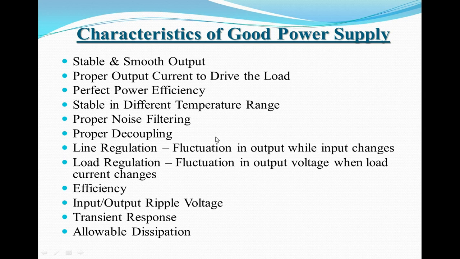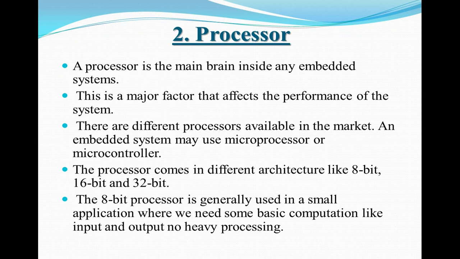The next we are going to see is the proper output current to drive the load. Now each and every supply or each and every component whatever you are using, for example, if you are going to use a transformer over here, 230 volt AC, what output you are going to get at the transformer? The same output should be given to the bridge rectifier over here. Unless and until the constant output you are going to get from the transformer, the bridge rectifier is not going to work. So the output from each and every component you are going to use should have the proper output to drive the load.